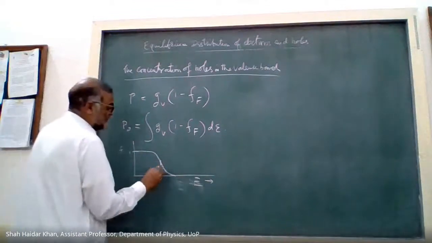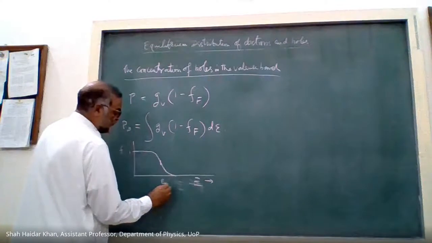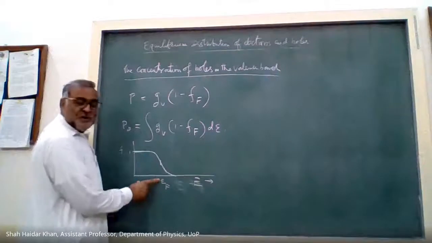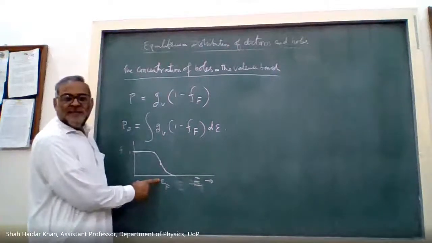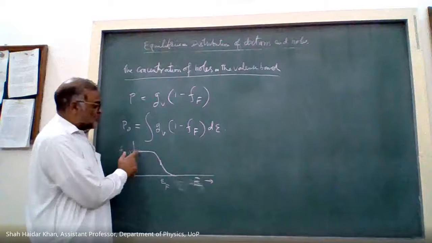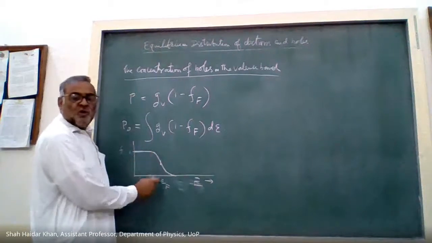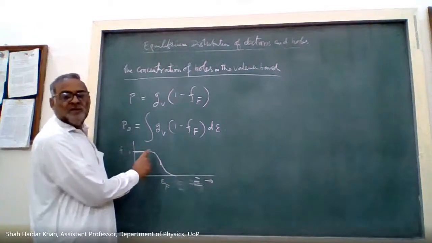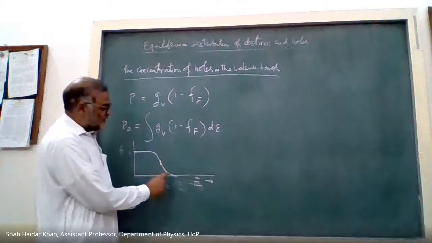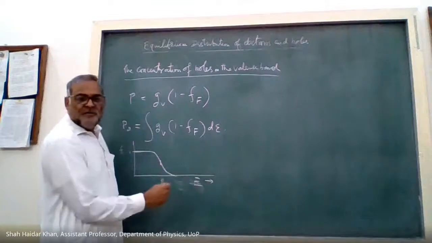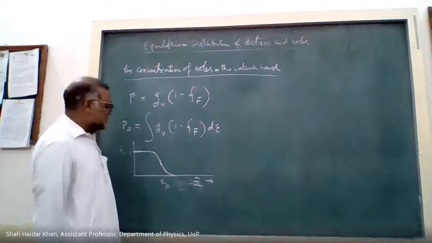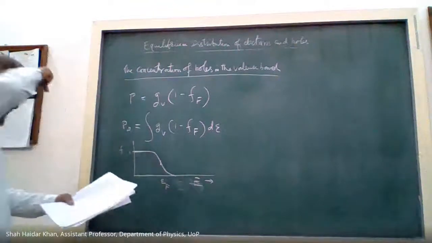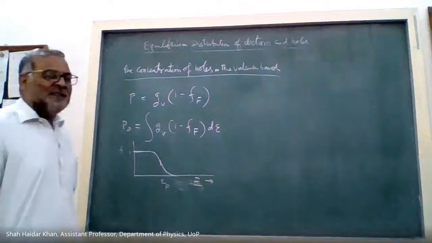Right? And this was the Fermi energy. The probability of occupation of energy smaller than the Fermi energy is equal to 1. When you get closer to the Fermi energy, the probability of occupation gets smaller and smaller. And when you go a little above the Fermi energy, the probability of occupation is equal to 0. Right? Similarly, we said that the probability of